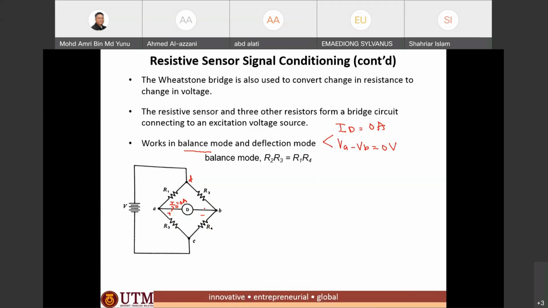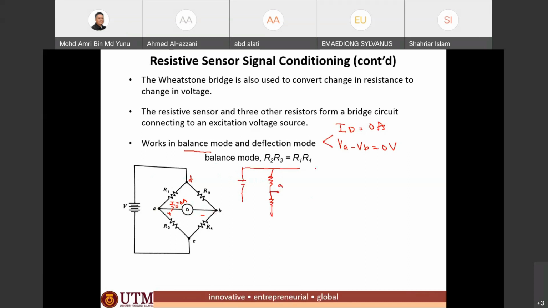So point A and B is as good as an open circuit, because there is no current flow between point A and B. If we rearrange the circuit according to the balance mode, it will resemble like this: